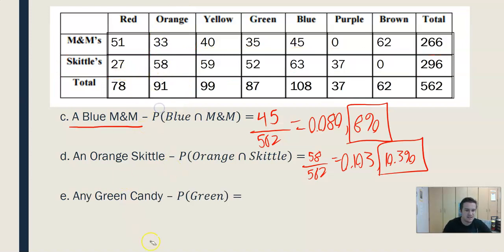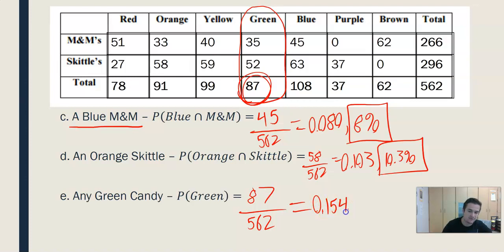Then the last one here says the probability of drawing any green candy. So here's my green column. I'm not specifying an M&M or a Skittle, just any green candy. The total of all my green candies is 87. So that's 87 possible green candies divided by 562 total candies. 87 divided by 562 is 0.154, or 15.4%. So there's a 15.4% chance that I'll draw a green candy, Skittle or M&M, out of my giant vat